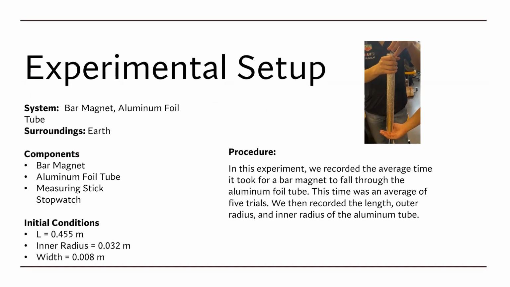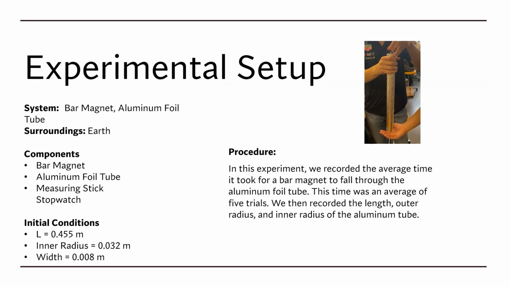Experimental setup. The system was the bar magnet and the aluminum foil tube. Surroundings were the earth. Components were the bar magnet, aluminum foil tube, a measuring stick, and a stopwatch. Initial conditions were that the tube had a length of 0.455 meters, an inner radius of 0.032 meters, and a